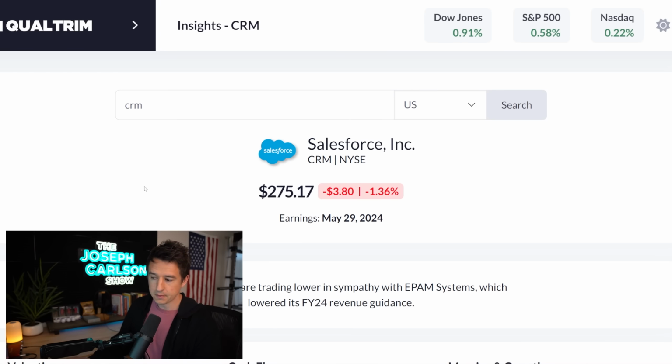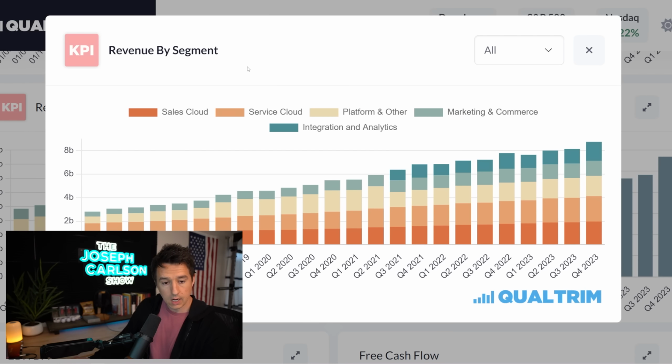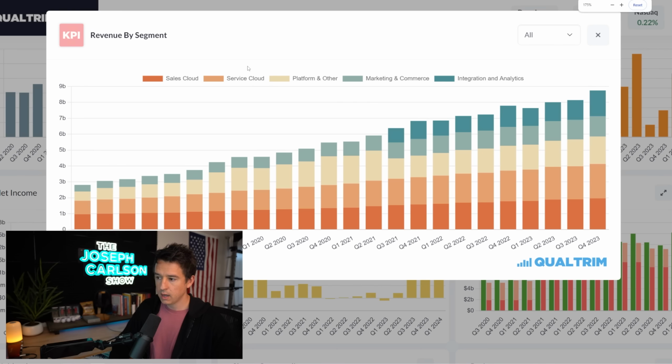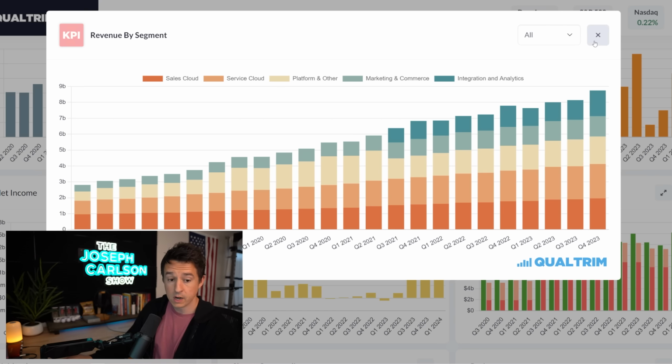When I look at Salesforce, here's the story behind it. This is a company that's done a lot of great growing organically, and it's done a couple key acquisitions throughout its life that's made it a powerhouse of a company. I truly believe it's just powerful. I've worked with this business before. I've done integrations with it. I've worked with its RESTful API. I've built applications that connect with it. I've worked on the front end and the back end. I've gone into meetings centered around Salesforce. I've talked to their salespeople. So I have some familiarity with it.